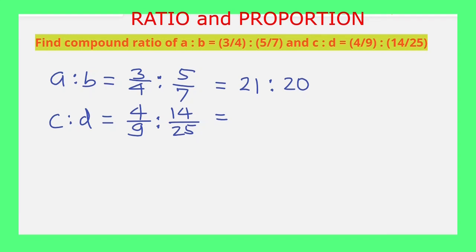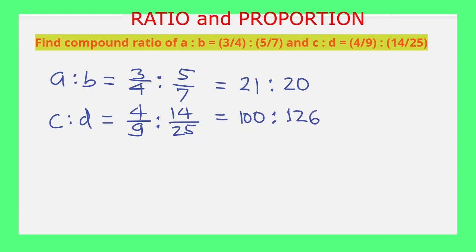So the product of 9 and 25 is the LCM. If we multiply by 225 to both the numbers, the ratio will not change. If we multiply 4 upon 9 by 225 or we multiply the numerator by 25, this is the same thing. So 25 multiplied by 4 is 100 and 9 multiplied by 14 is